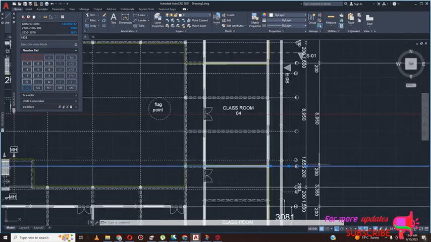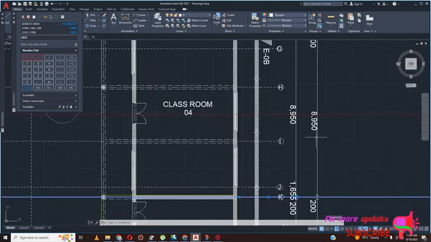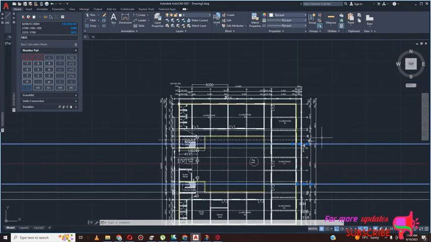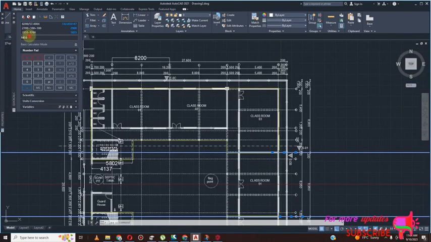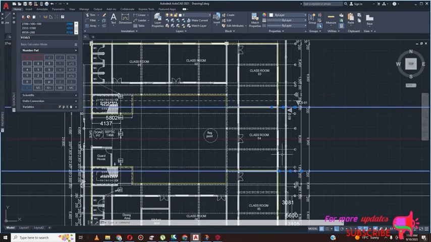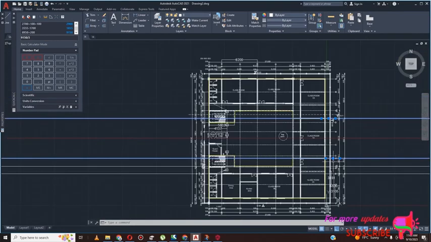The other will be offset. So from this point to this point should be 8950. 8950 plus 100 plus 100, which would be 8950 plus 200, which equals 9150. So 9150 divided by 3. Okay. So I need to do 9150 divided by 3. Or maybe we can use